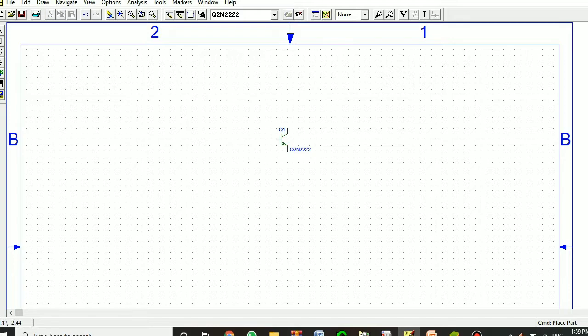So now after placing the transistor, next we'll get the resistors. The frequently used parts will also appear in this drop down box over here. So if the required part is available here, we can also select it from here. So now I am selecting resistor. You can press Ctrl R to toggle the alignment of the resistor. And we'll place the resistor approximately according to the circuit diagram.